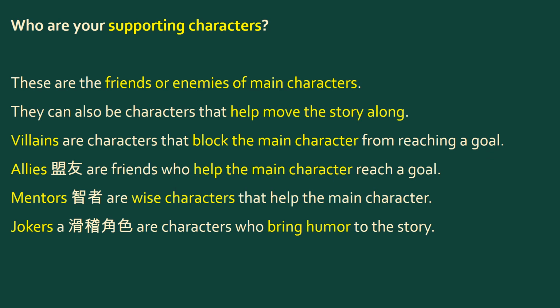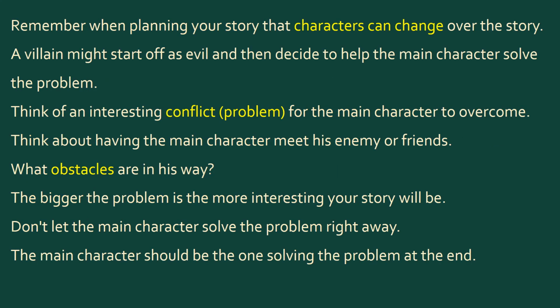咁一啲小人就會阻擋主角去達成一啲目標啦。Allies, 盟友 are friends who help the main character reach a goal. 盟友係一啲幫助主角達成目標嘅朋友。Mentors, 智者, they are wise characters that help the main character. 一啲導師啦，佢哋係會幫一個主角去完成佢嘅任務。And finally, jokers, 一啲滑稽嘅角色, who help to bring humor to the story. 咁佢哋幫呢個故事帶嚟一啲幽默感啦。